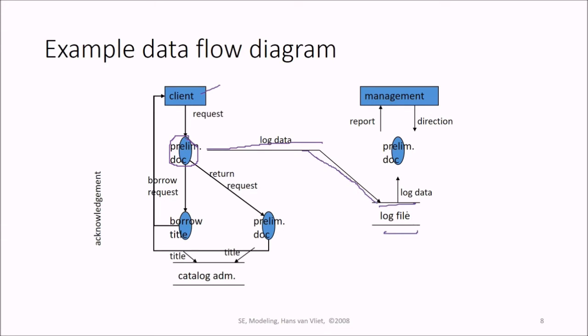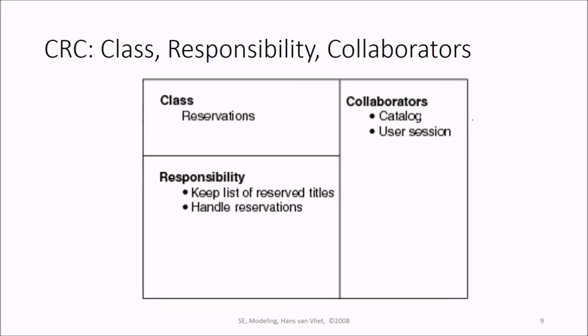from the external source. Okay, now again, management is an external source. Borrow title, preliminary doc, all these are the various processes which are dealing with the external sources, and these are the data flow. So these are the data flow diagrams. There are various DFDs, 0 which is also called as a context, 0 level, and 1 level, 2 level, 3 level. So we go up to various levels of DFD.